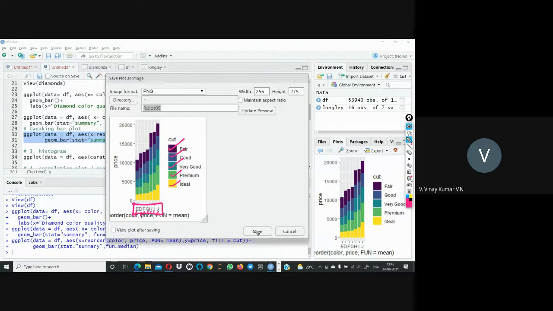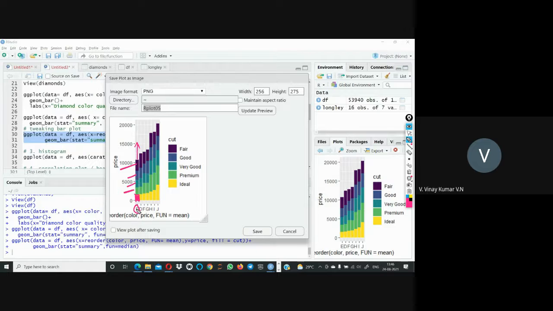So each diamond price was depending on the color. So here is the price tag of the particular diamond, E color of diamond. Explain here. So the color E diamond, till this ratio it was ideal. Okay, this E is representing the entire E color type of diamond. So in the E color type of diamonds, ideal was this yellow color, and the premium was this green color, and very good was this dark green color. Then good was blue color. Then fair was purple color. Like that, it was indicated.